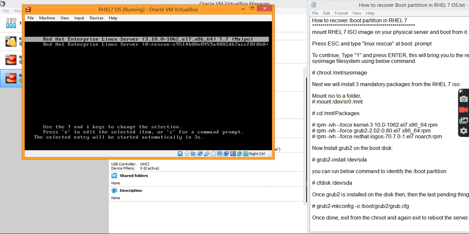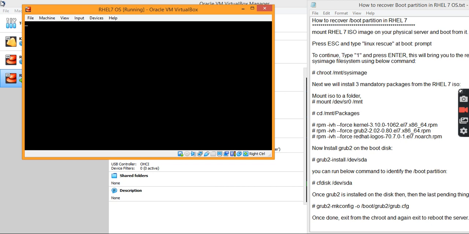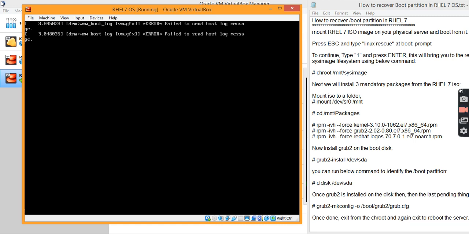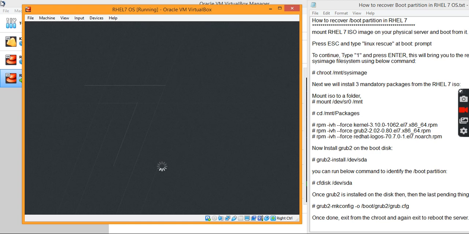Here you can see this time it has not prompted the grub prompt, and my machine is rebooting now. So we have fixed that issue. We have successfully fixed this issue, and we have regenerated all the contents of the boot directory, and we have recovered the boot partition successfully, the contents of the boot file system, and my system is rebooting.